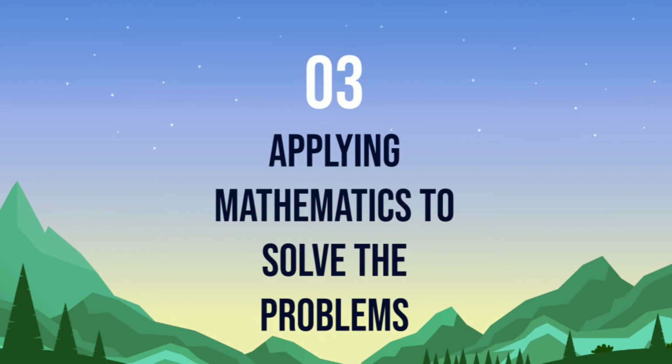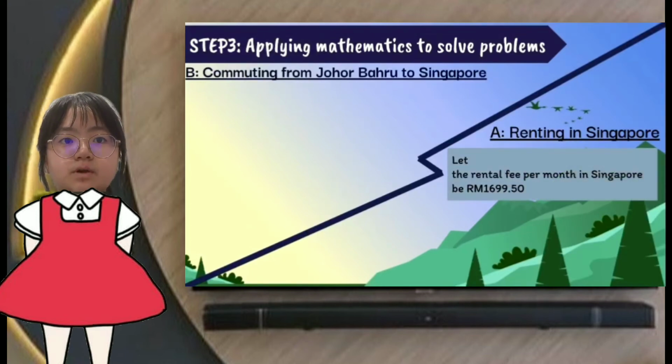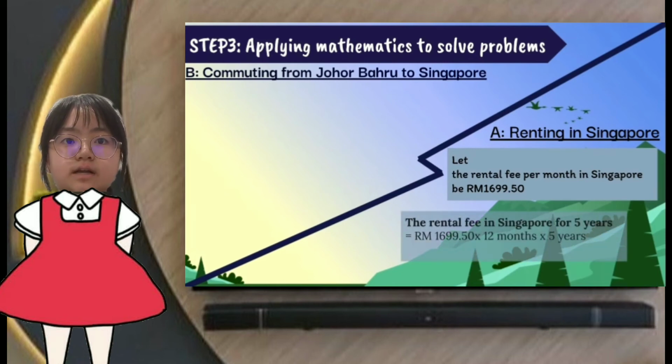Step 3. Apply mathematics to solve the problems. The third step is applying mathematics to solve the problems. For renting in Singapore, let the rental fee per month in Singapore be 1,699 ringgit 50 cents. So the rental fee in Singapore for 5 years is 1,699 ringgit 50 cents times 12 months times 5 years equals